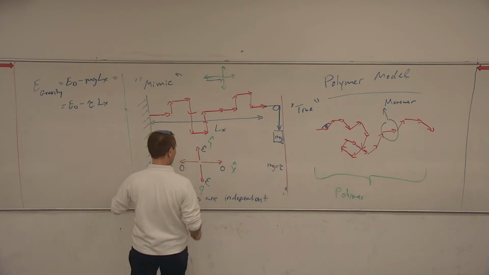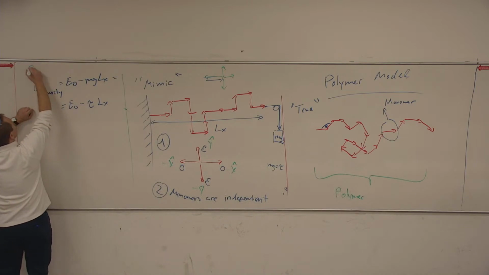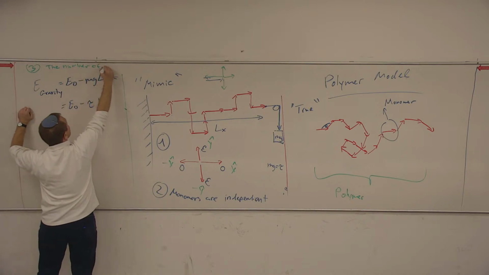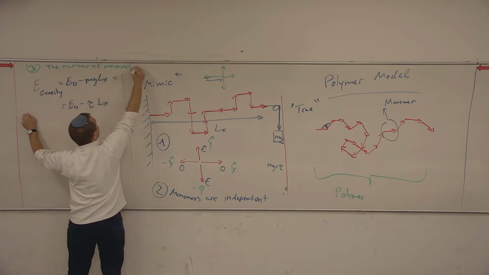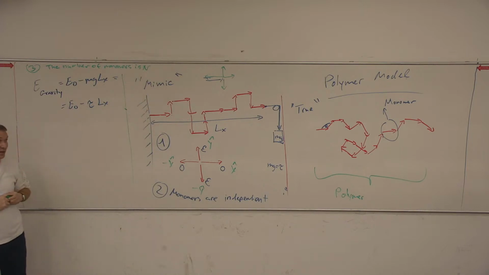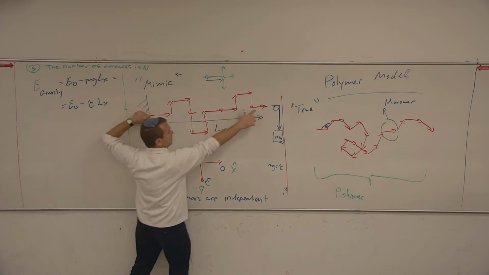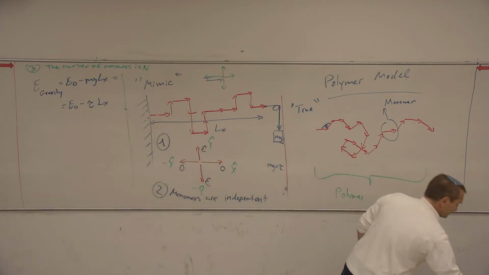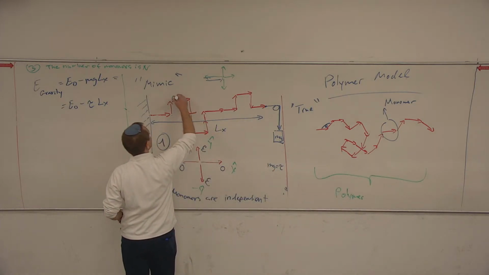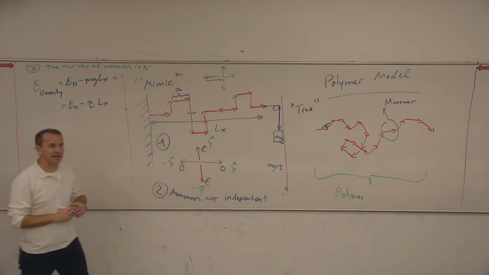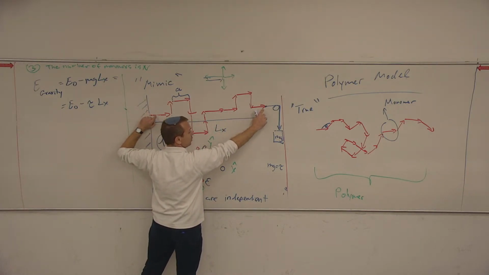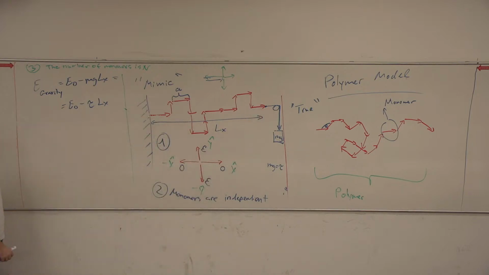The number of monomers, where we write it, over here, is n. Right? So there is a specific given length of this part, which is basically n multiplied by the size of each monomer, which I also haven't provided to you. And this is A. So A is the length of each monomer. Then we have a maximum length of this polymer, which is n multiplied by A. So it somehow enters into this base energy.